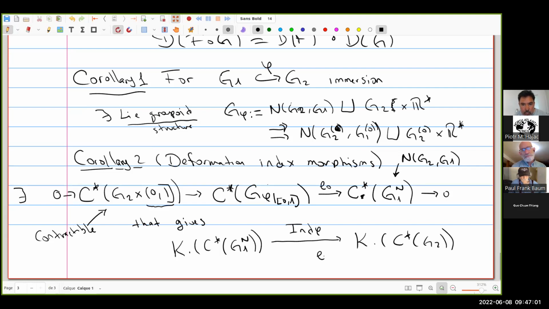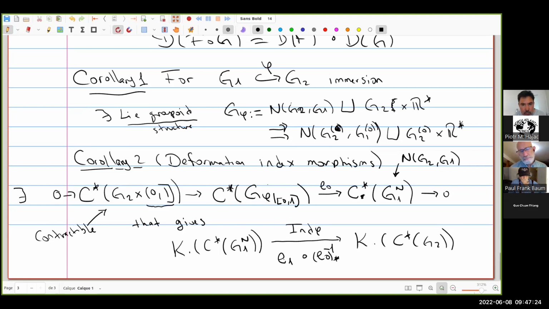In this talk I will define it as the evaluation at zero, the induced morphism in K-theory, which is invertible because this algebra is contractible. By homotopy invariance of K-theory its K-theory is zero, and then I can take a composition